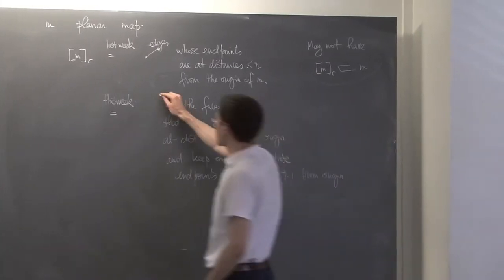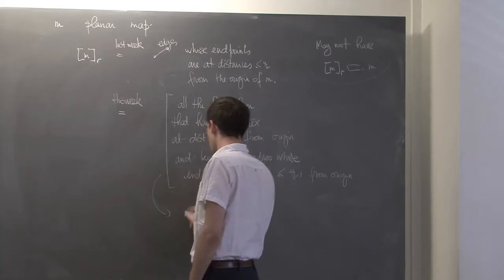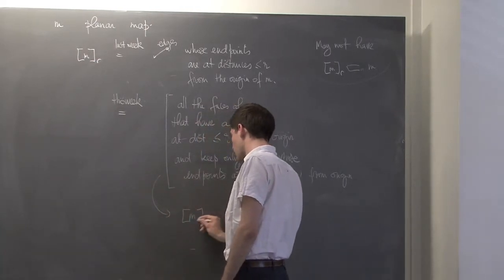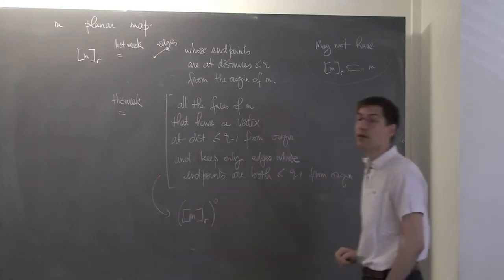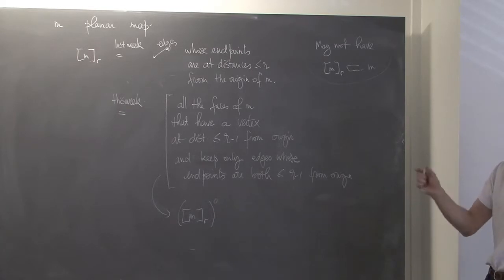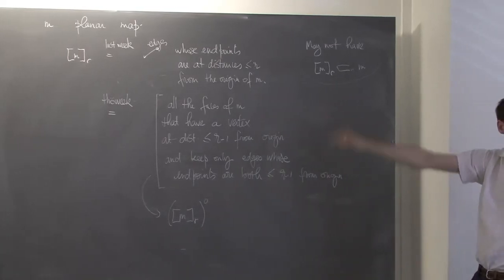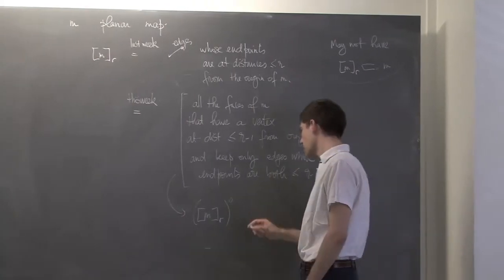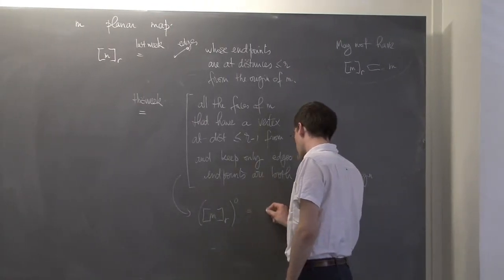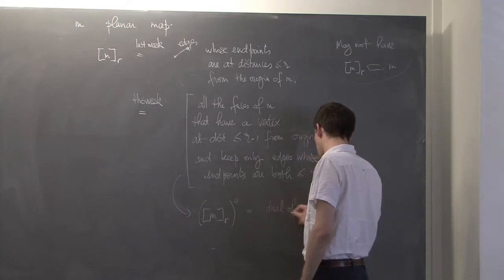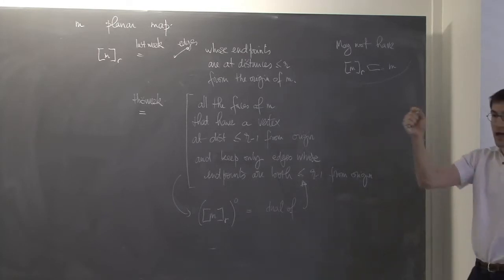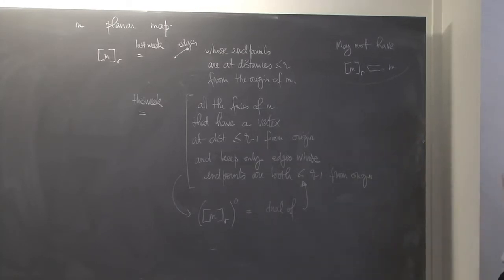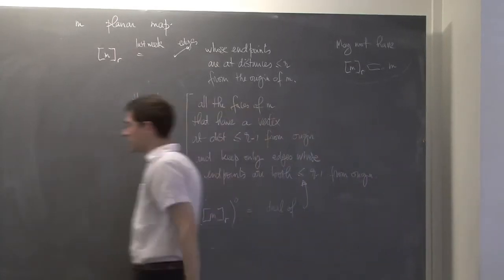Or if you prefer, a totally equivalent way is to say that the submap MR, but you see this as a submap, so you may speak about the red dual edges in the dual. These guys are just the dual of these edges there, meaning the edges whose endpoints are both at distance less than R minus 1 from the origin of the root edge. So it's a slightly different definition.